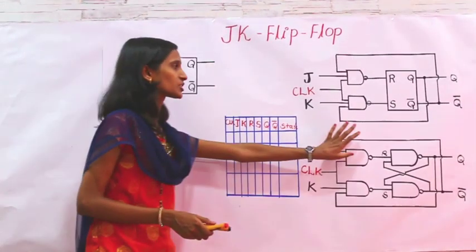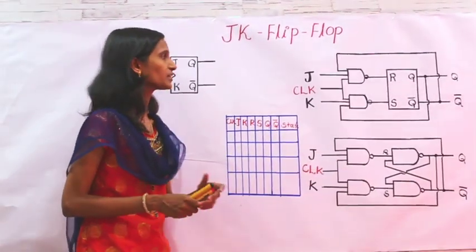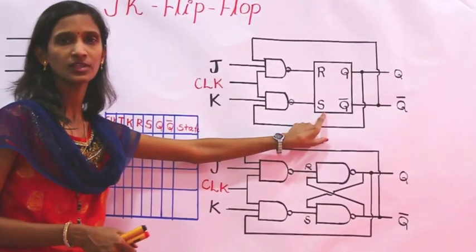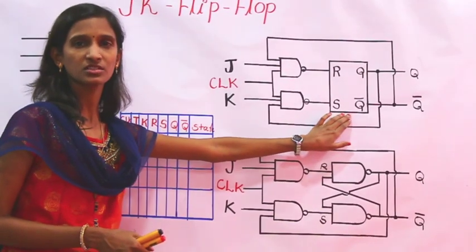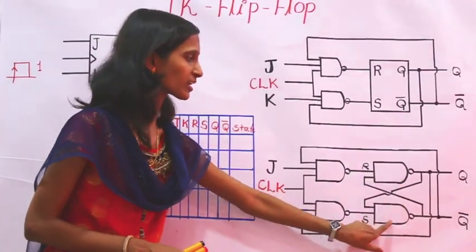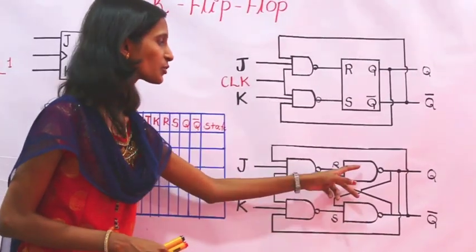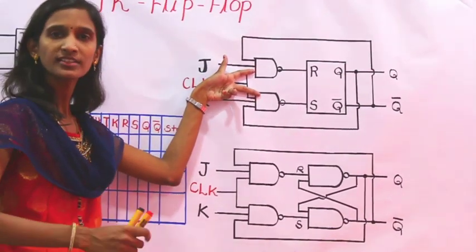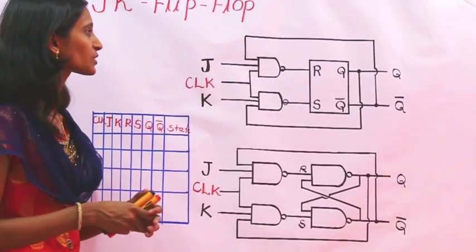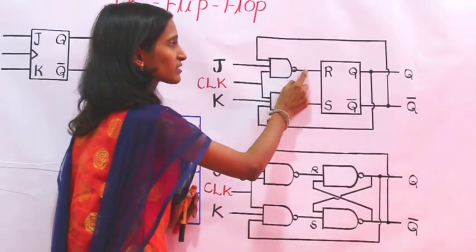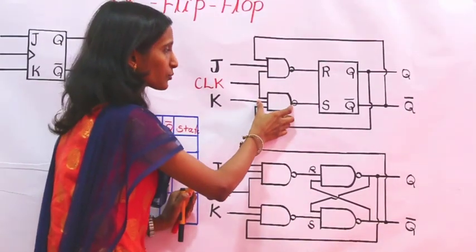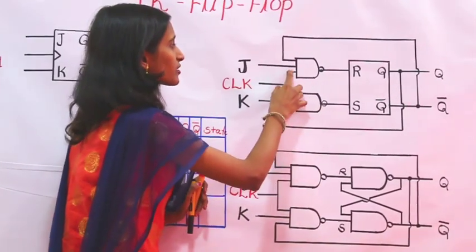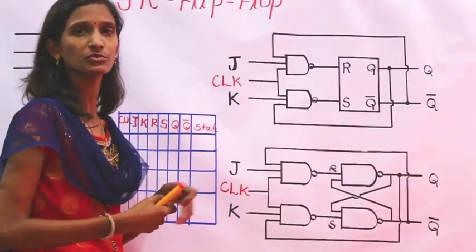Now for this logic circuit, I will explain how it is connected. Here is the basic SR or RS flip-flop. You know that in the previous part we discussed the SR flip-flop, whose logic diagram is here. Two different NAND gates are connected, then two more NAND gates are connected in such a way that one NAND gate output is considered as R and the other NAND gate output is considered as input S. The common clock is given to the first two NAND gates.